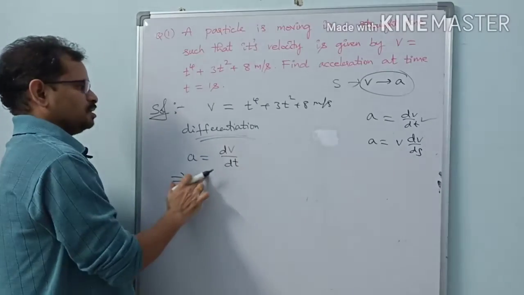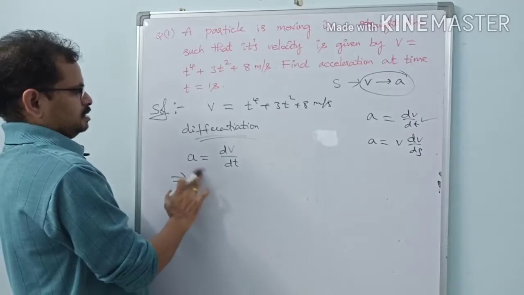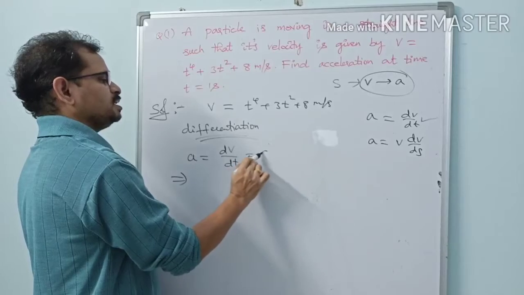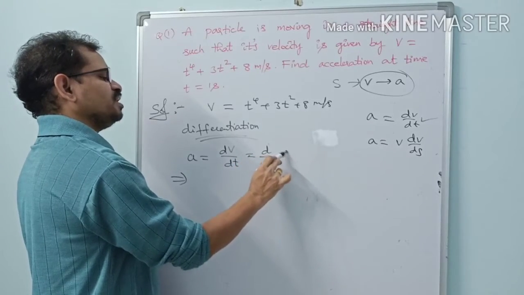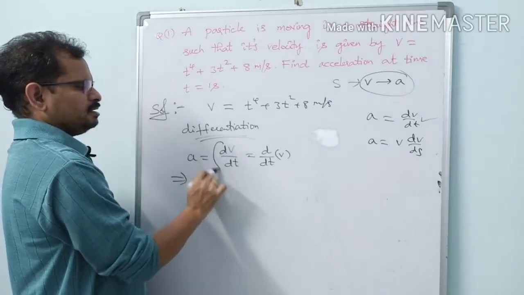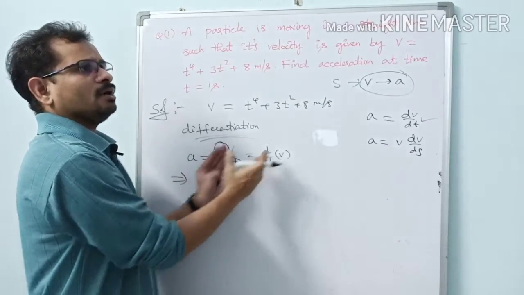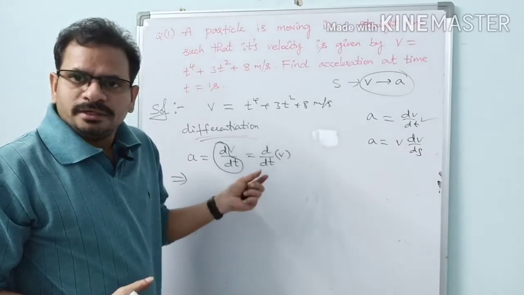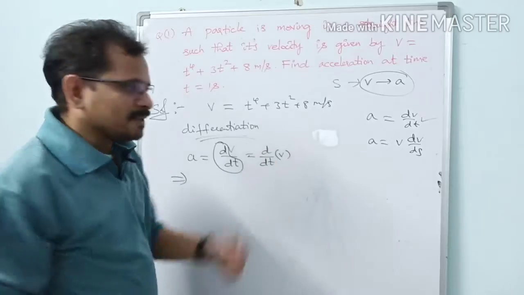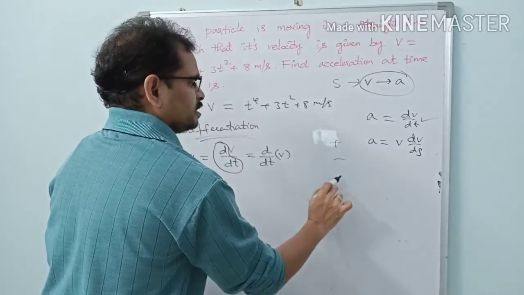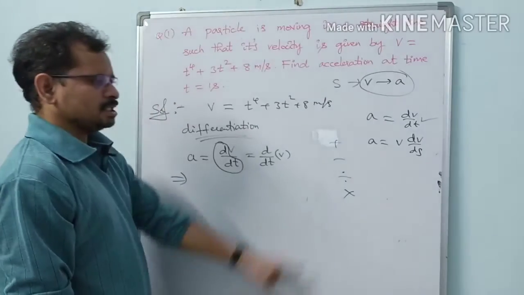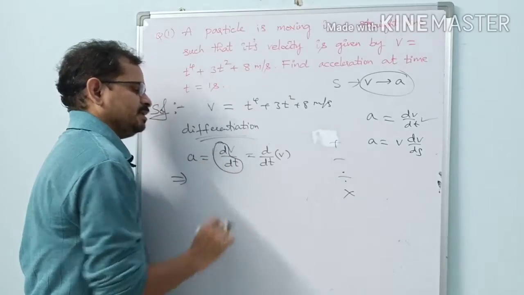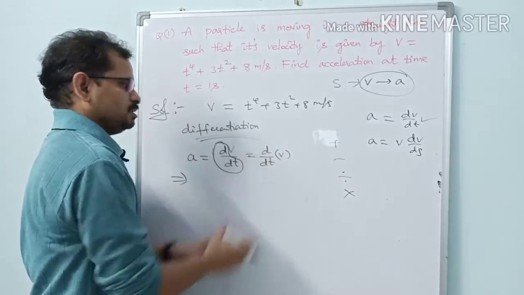So this implies what we have to find here? Yes, the acceleration. So acceleration is equal to how much? dv by dt. This is nothing but d by dt of v. Can I write like this? What is d by dt? d by dt is a differential operator. It is operating on velocity. A differential operator is an operator like the addition operator, subtraction operator, division operator, multiplication operator. These are all mathematical operators. In such a way we are having this differential operator d by dt. On what are you operating this one? You are operating on velocity. So let us operate this one.